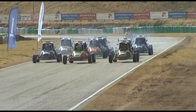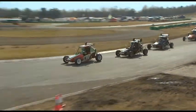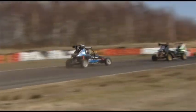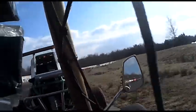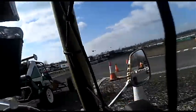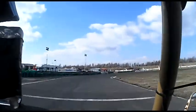We await the lights going out again, and a great start from Tony Turner from the centre of the grid, and he manages to get the hole shot into first place, heading up Pentith Climb as they go over Coward Summit, and then they drop down towards the right-hander at Rossie Bend. A great onboard shot from Phil Redfern in second place there, really chasing down Tony Turner